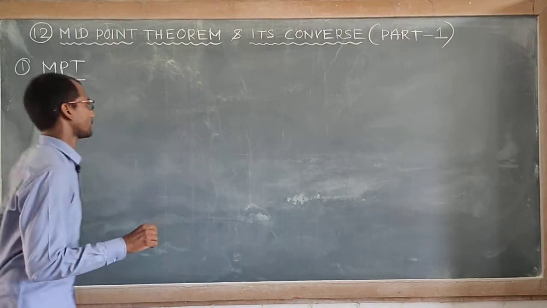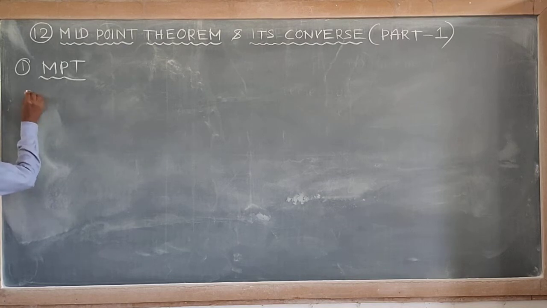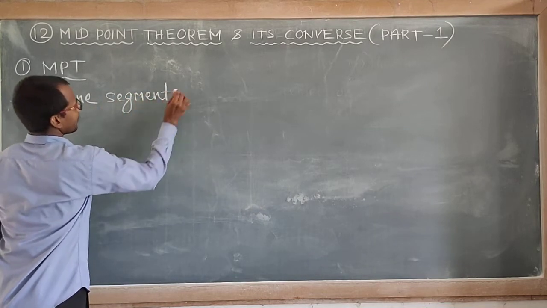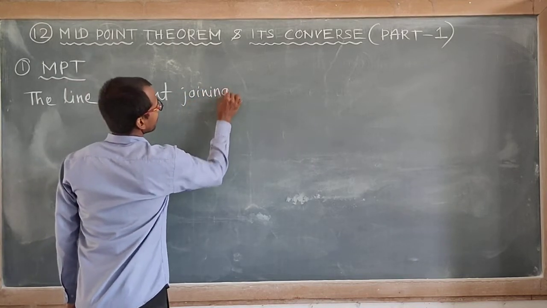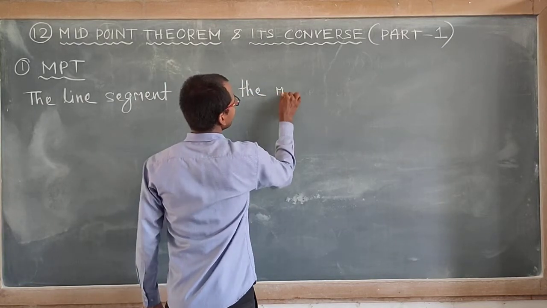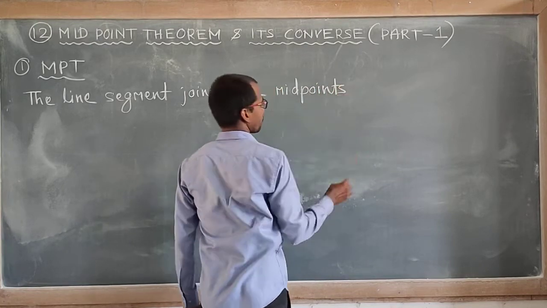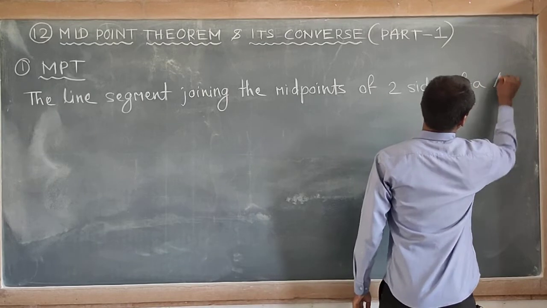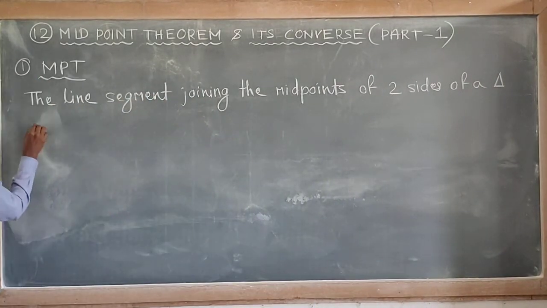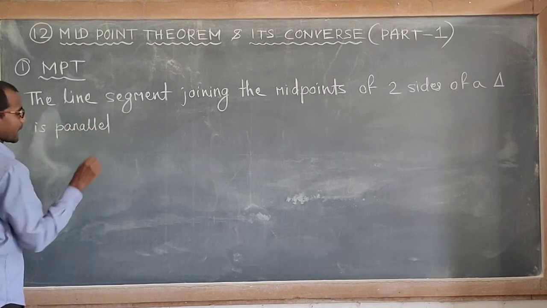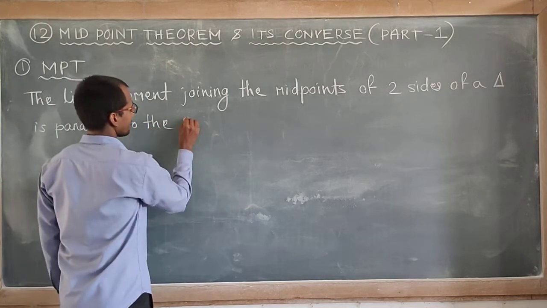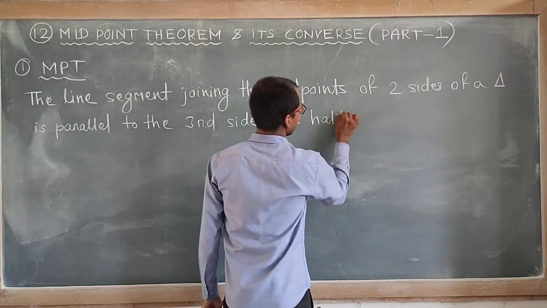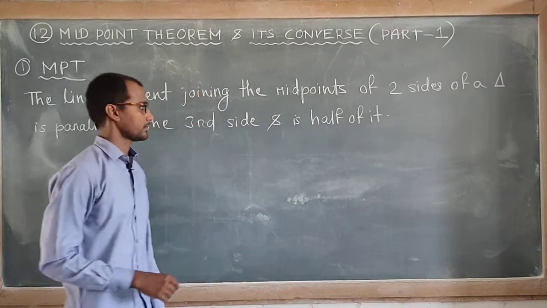Now what is this MPT? It states that the line segment joining the midpoints of two sides of a triangle is parallel to the third side and is half of it. Means